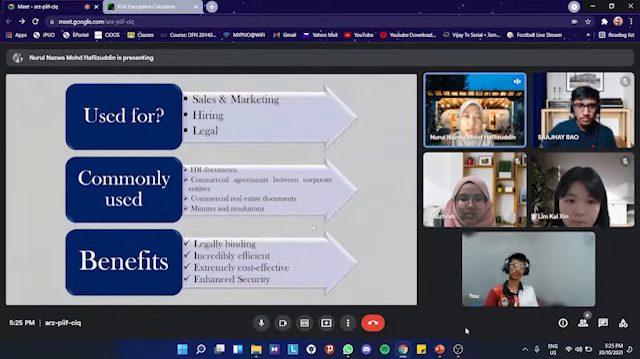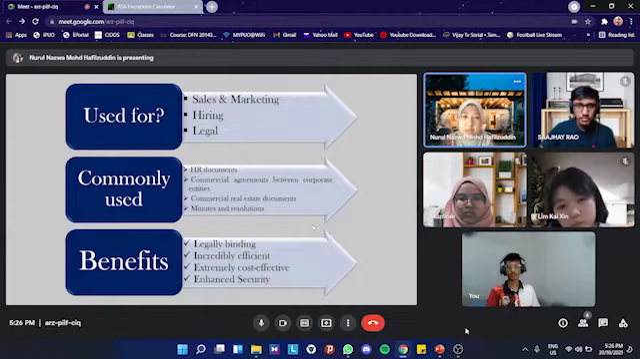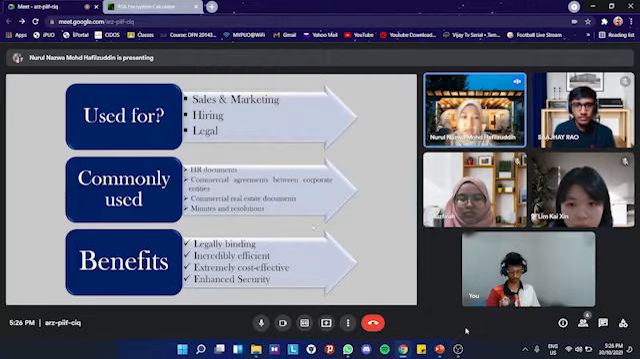Electronic signatures are used first for sales and marketing. It allows you to close deals faster and reduce time-consuming administrative chores. The second one is hiring. Candidates and employees may quickly and securely fill out and sign offer letters and onboarding paperwork electronically. And the last one is legal. Self-service access to digital documents such as NDAs and liability forms may be signed electronically, which helps in the speed